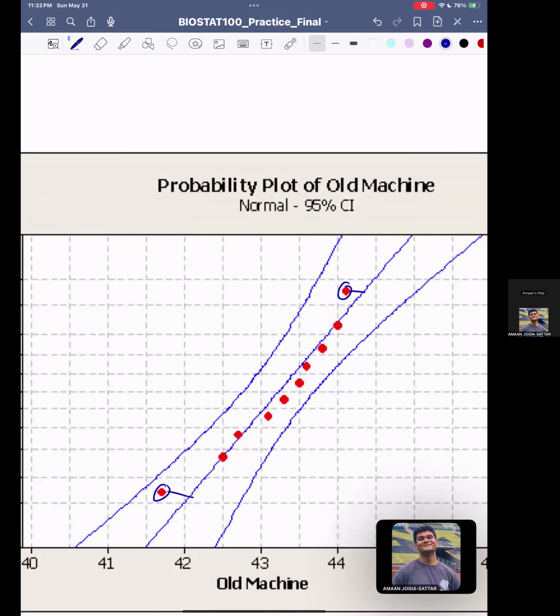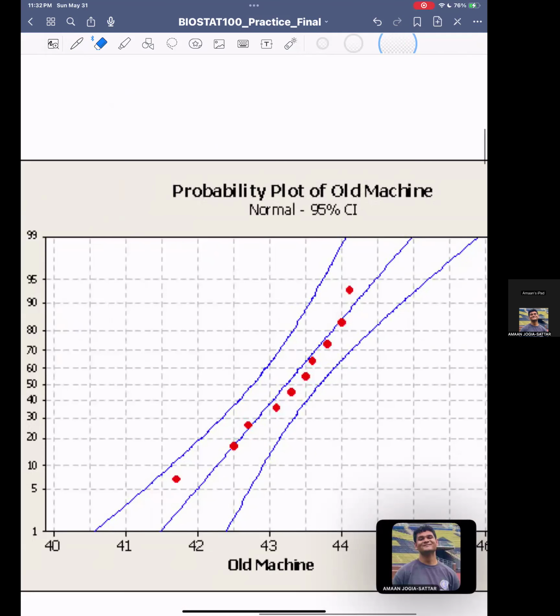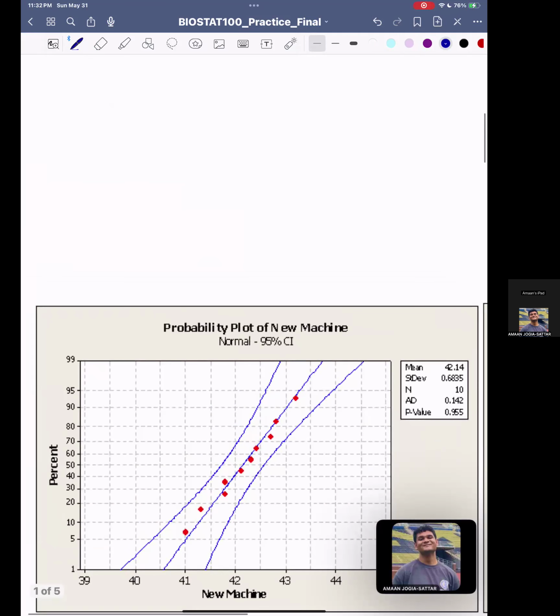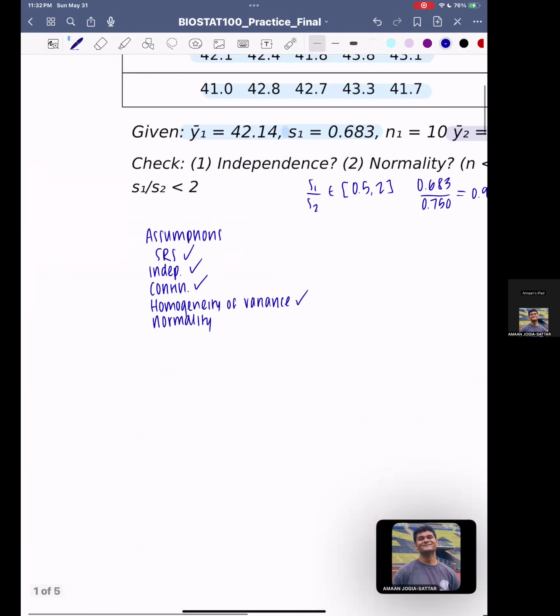We can see here that we have some slight deviations. This is just indicating that at our tails, our values are less extreme than what we would expect if we had a perfectly normally distributed sample. But I think that we can generally be fairly confident that we have normally distributed observations, or at least that any violations or deviations from normality aren't going to really affect us that much. So I'm going to say, yeah,